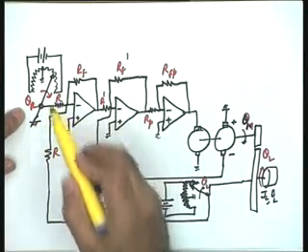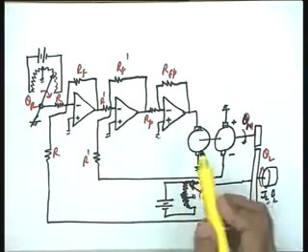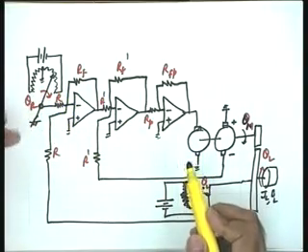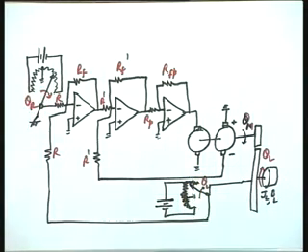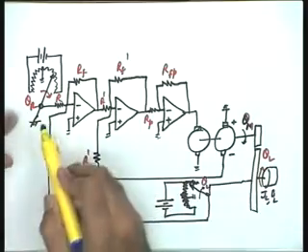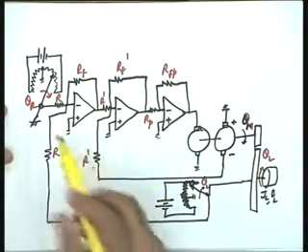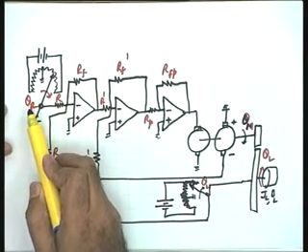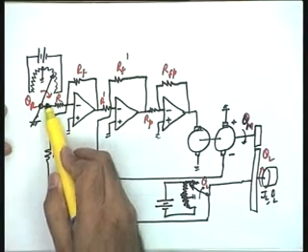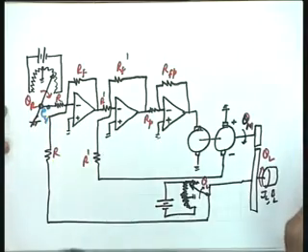In this particular case, symbolically, the command signal is being given by setting a wiper on the potentiometer, but in actual practice this command signal may be coming digitally or through any other device. You see that it is a symbolic arrangement: you are changing the wiper on the potentiometer, and hence a voltage which is proportional to the position theta R is coming at this particular point, and let me call this voltage ER, which is the reference position.